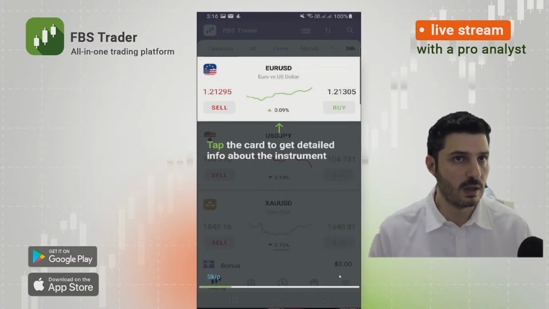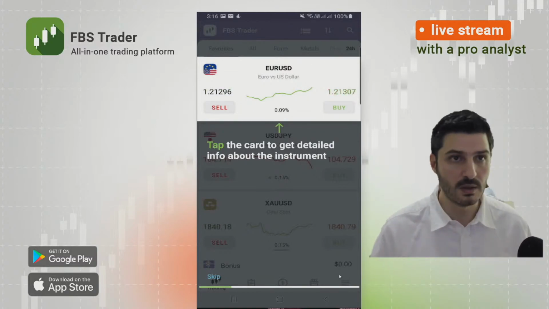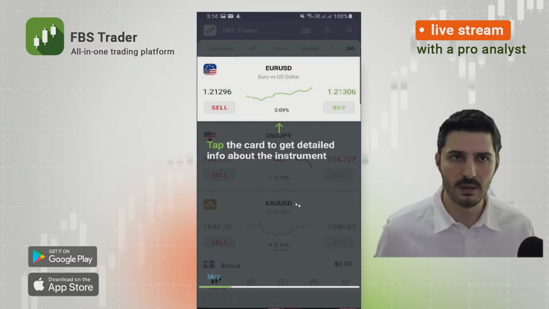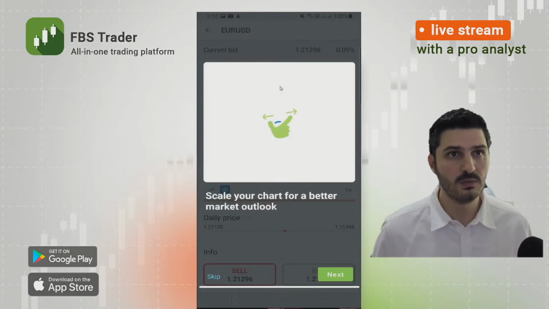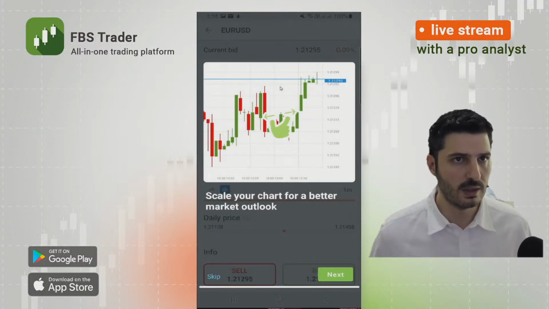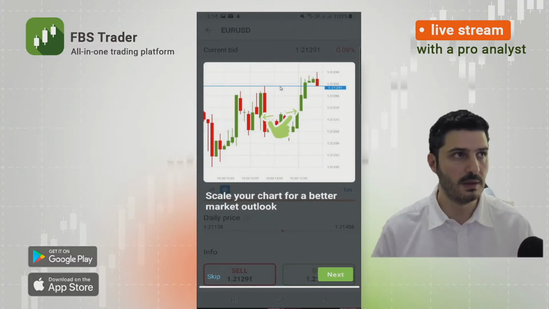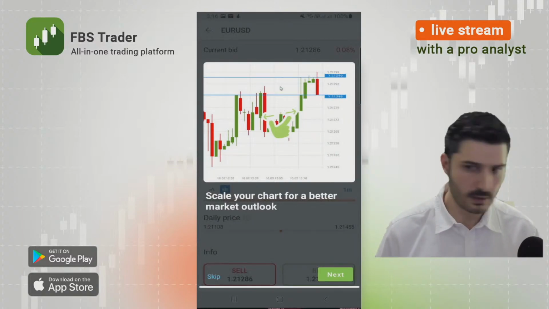This is the card, or what do we call it? The card to get the detailed info about the instrument, whether the euro or if you want to tap on gold or anything. So whenever you tap on this card, this is what's going to show up. First, you will see the chart, and the good thing about smartphones is that basically you can just